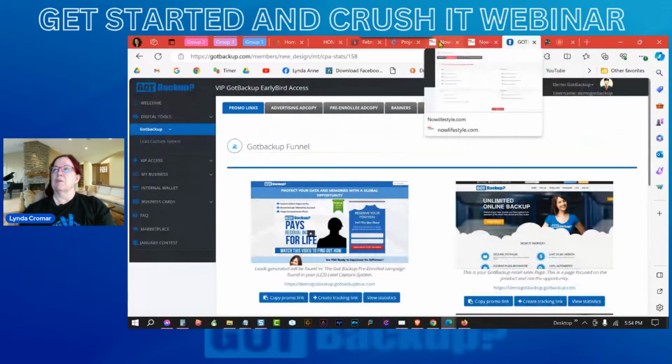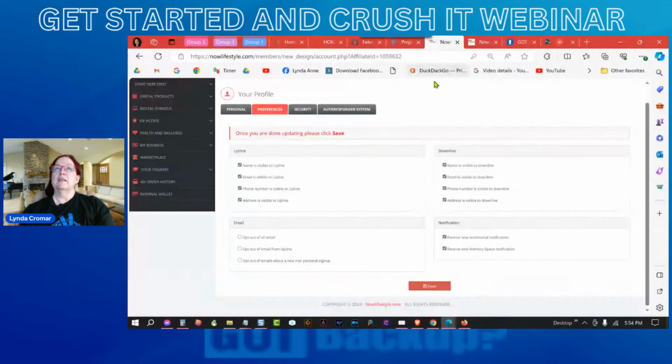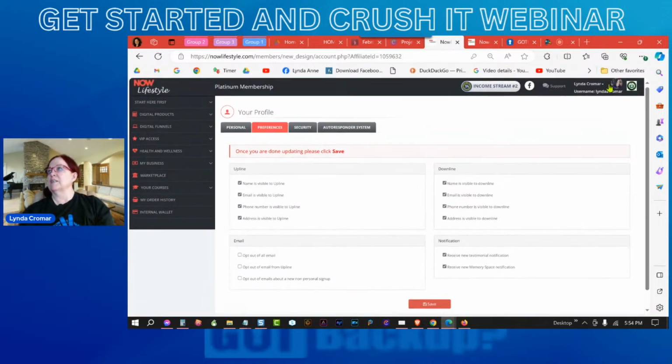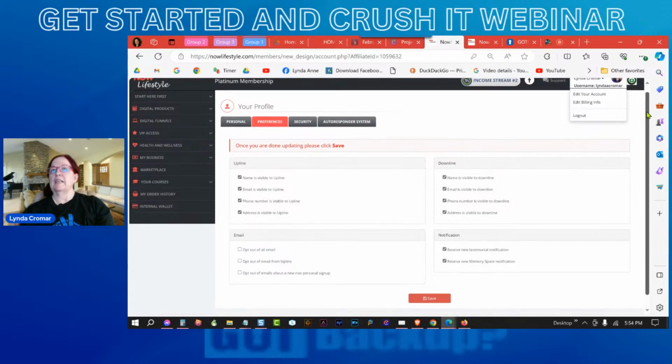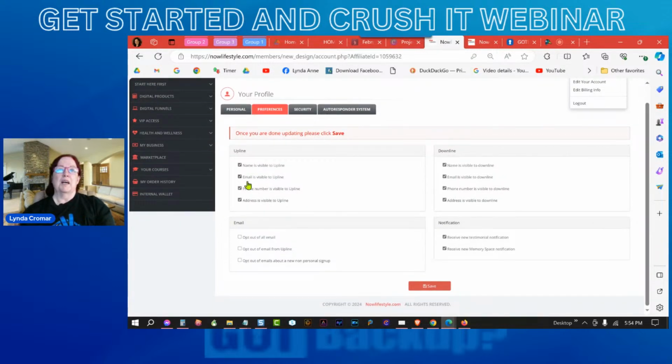For instance, I'm going to come over here, and I purposely opened up my profile and where my preferences are in my profile, and that's the second tab. The way you get to that is by coming down here and clicking the username and then edit account. When you edit account, you will notice I have all of this part here clicked and all of